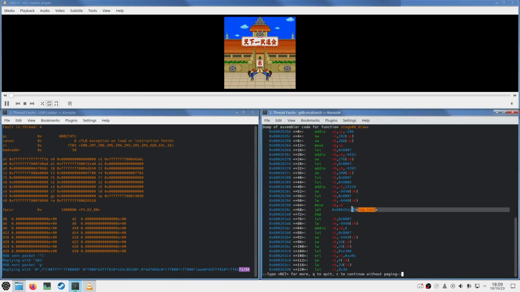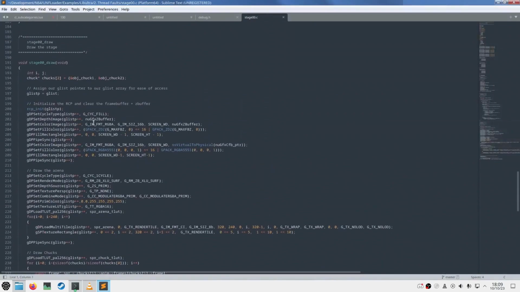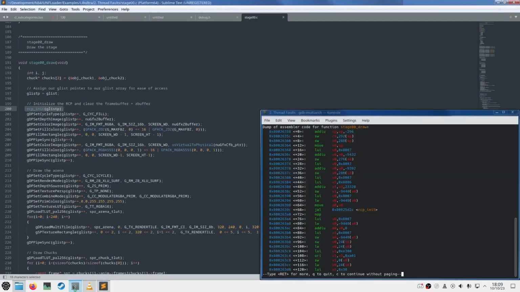Okay, so we're seeing RCP init, but this is happening at line 26, so we're not quite there yet. For reference, that would be this RCP init here. So let's continue a little bit more. Okay, we see an OS virtual to physical, so it's this call here, but that's still at line 26. So let's keep going until we find 27.